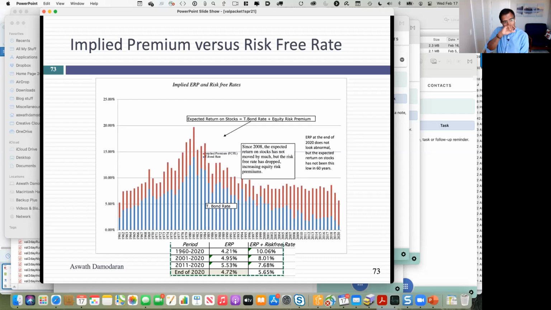Manav? So Professor, I understand the risk-free rate will probably rise towards the end, or the hypothesis would probably be that it rises by the end. If we knew that, we'd all be selling short on bonds, right? So that cannot be a consensus view, because the consensus view has to be that rates are not going up, because if we all expected rates to go up, they'd go up right now.